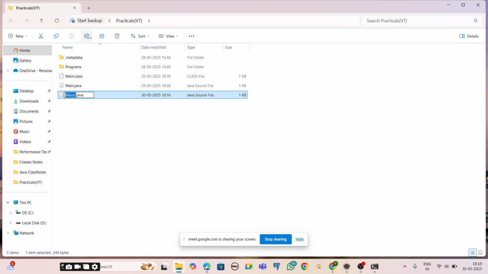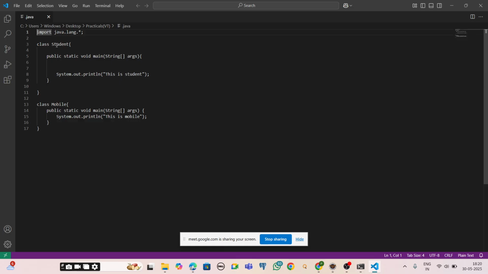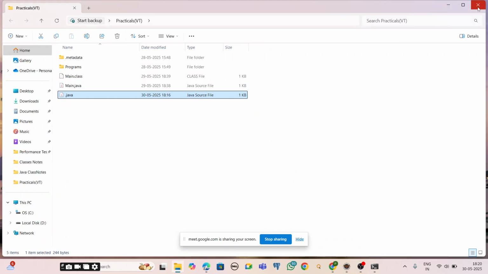Now I won't give any file name, only .java. I am saving it. If I open it, I have some code in this. I have two classes, one is student, another one is mobile. We will try to execute.